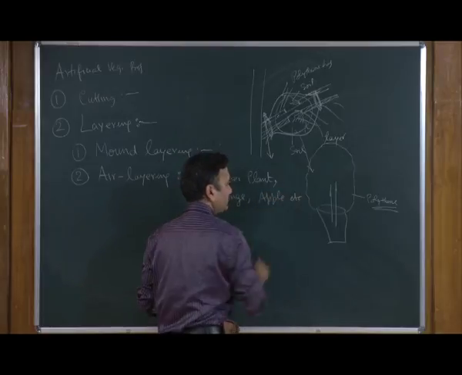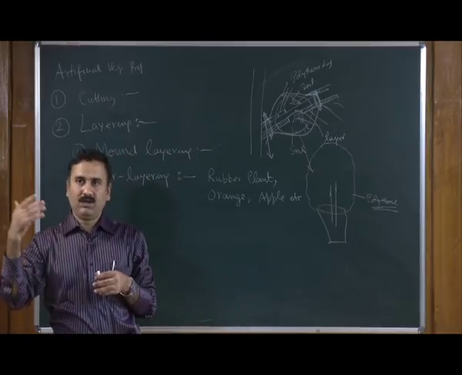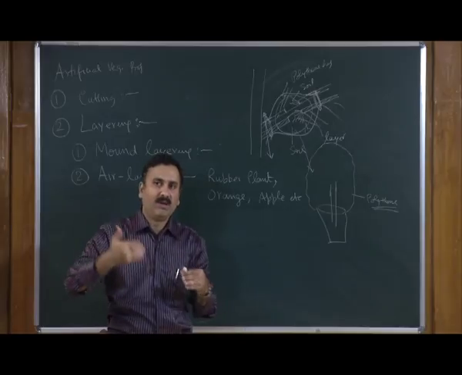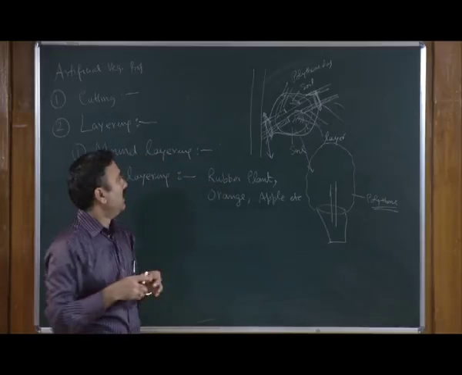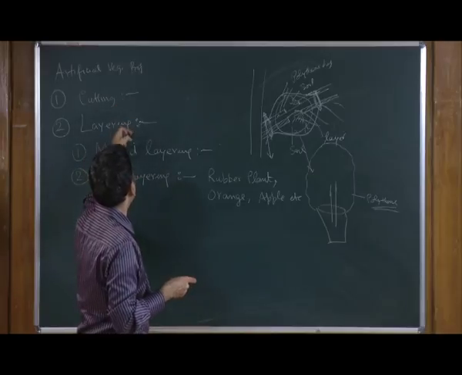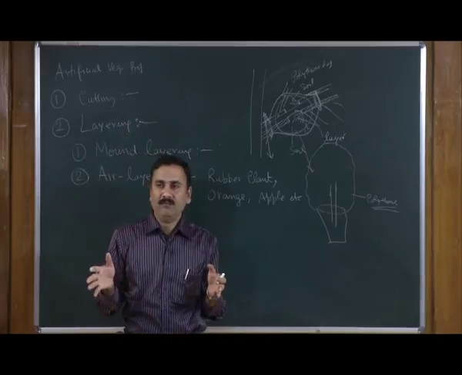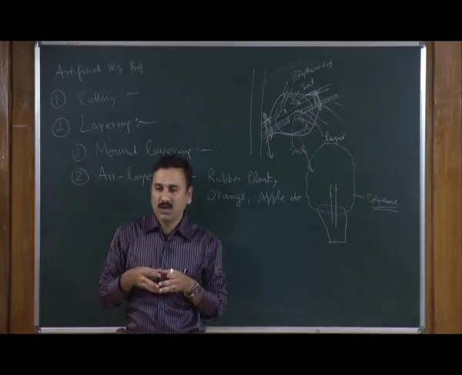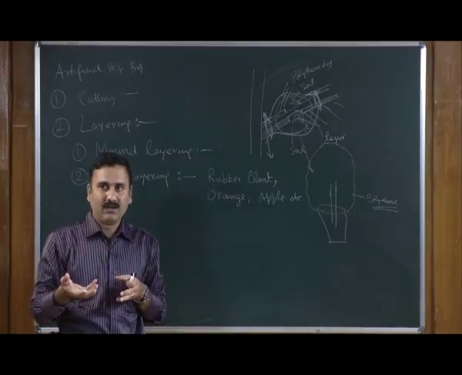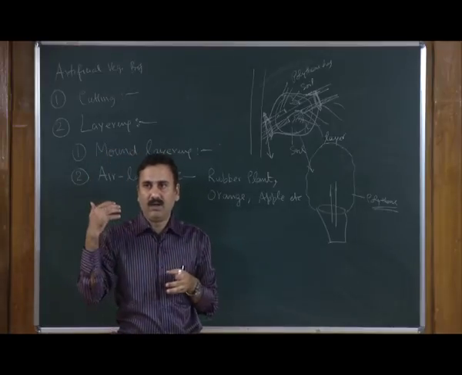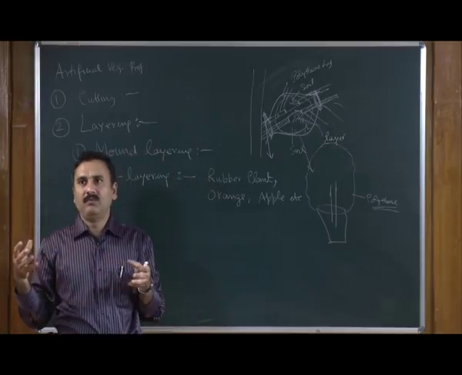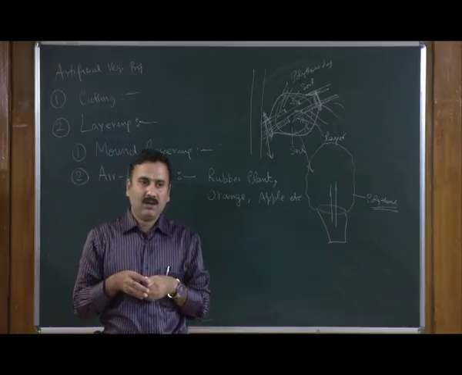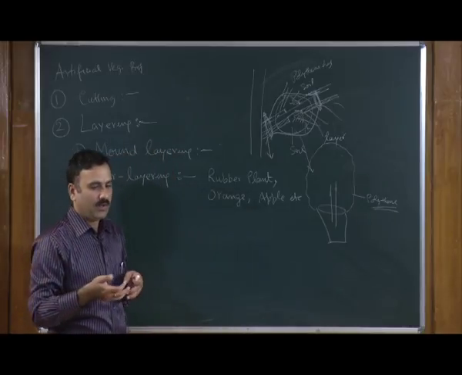So, these are the two methods where you are actually using the original plant and generating multiple copies of it. But in these kinds of methods, whether it is cutting or layering, you are not able to have the flexibility of making changes to the quality of the plant. So in those cases where you are trying to mix the qualities of two different plants, you go with another technique called grafting.